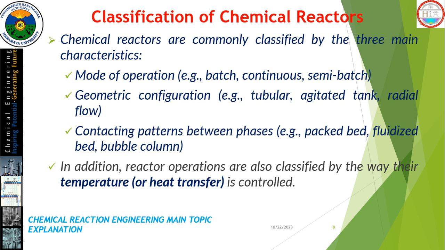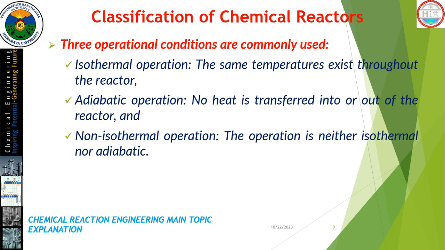Such types of reactors can be packed bed reactors, fluidized bed reactors, bubble column reactors, or kiln reactors, which are classified based on the contacting patterns between the phases. In addition, reactor operations are also classified by the way their temperature or heat transfer is controlled. Depending on the way the temperature, or what we call the heat transfer, is controlled, they can be classified as